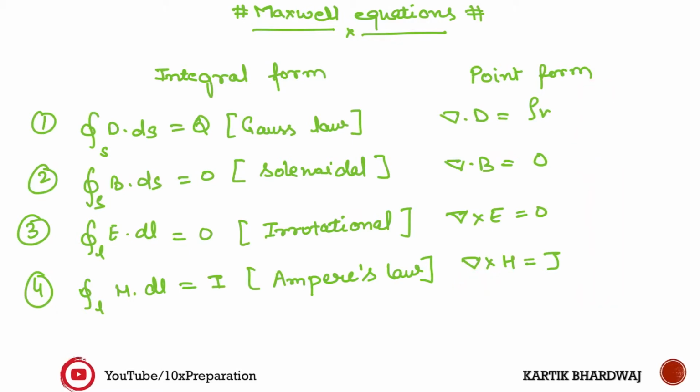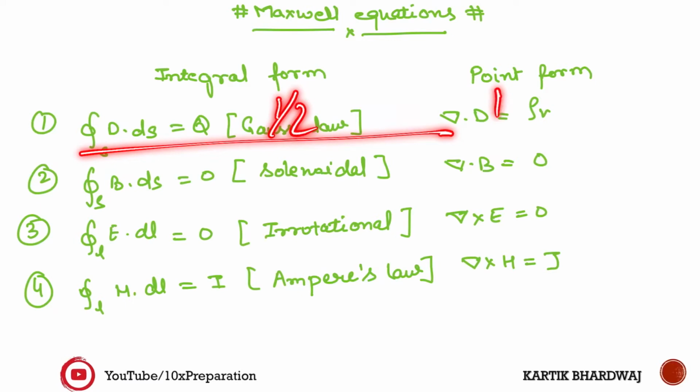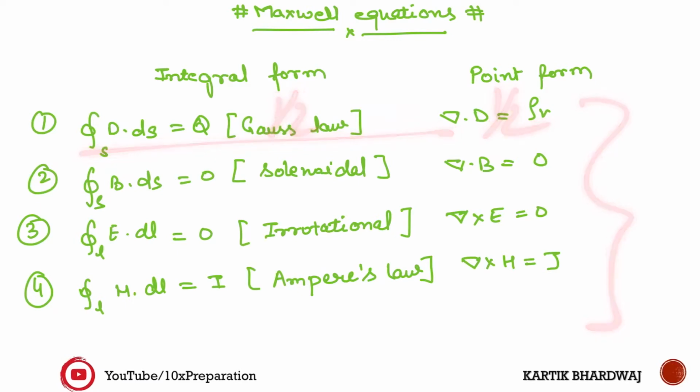So I want you to take a piece of paper and write down these four equations. Each equation consists of 8 parts, each of half a mark, so half a mark into 8 parts is going to be 4 marks. So from overall 4 marks, how many marks do you get? Write it down in the comment section.